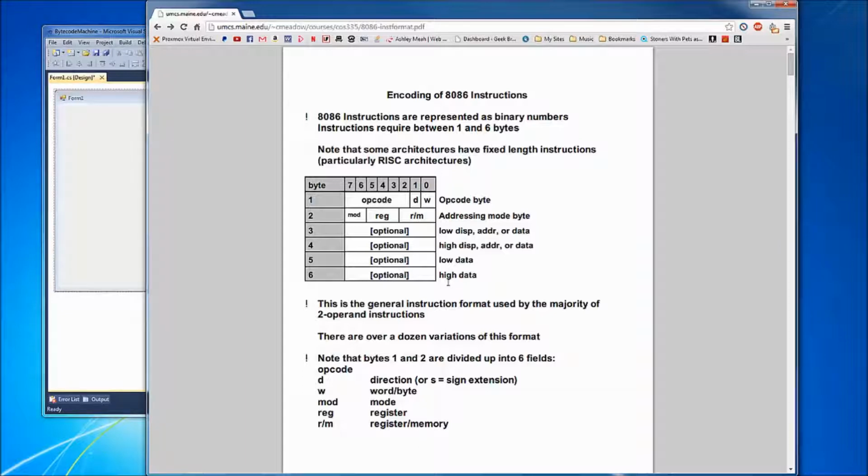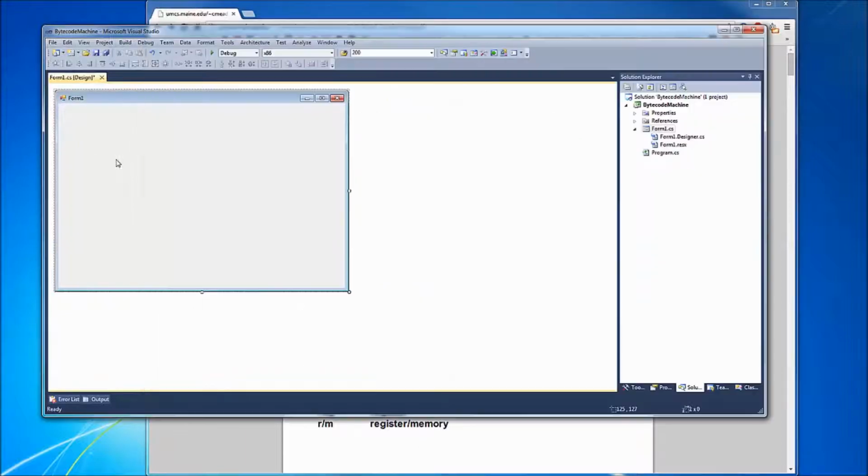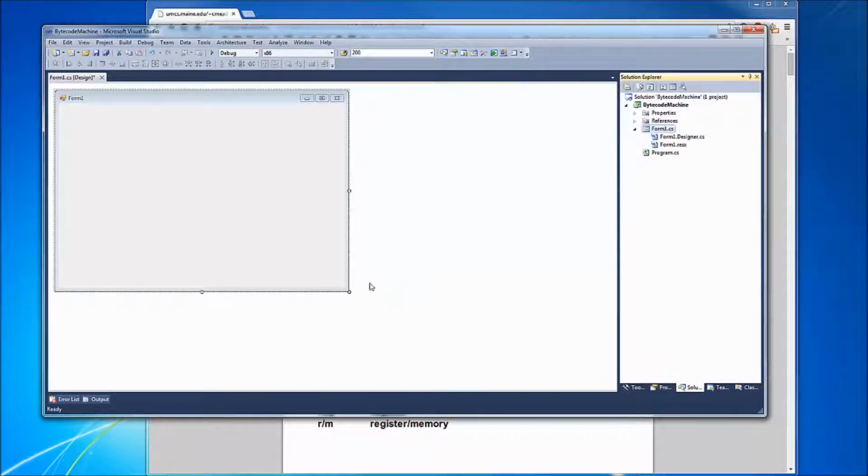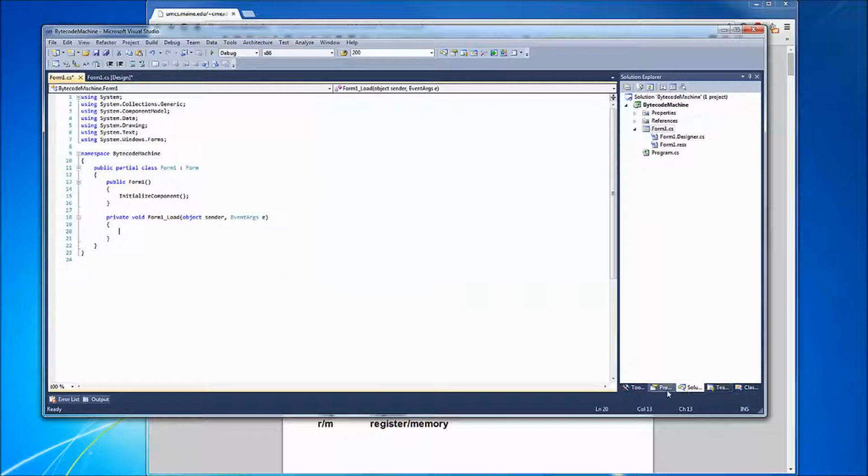So we'll have a byte array for RAM, and then for the CPU we'll have a while loop and a switch inside it. The loop will operate like a timer, and the switch will operate like the logic and the circuitry behind the CPU. So first thing we want to do is load a file byte by byte into a byte array. So on the form node, actually we can create a new class for this,